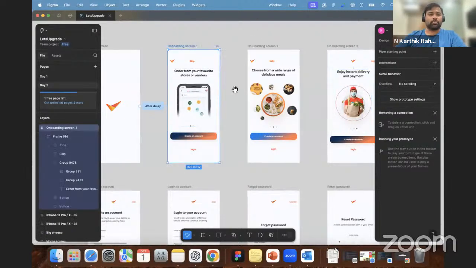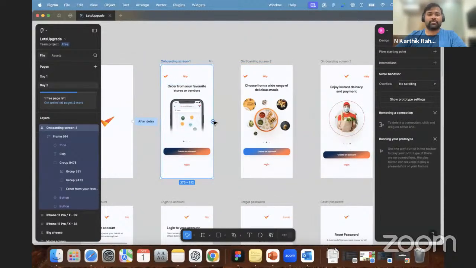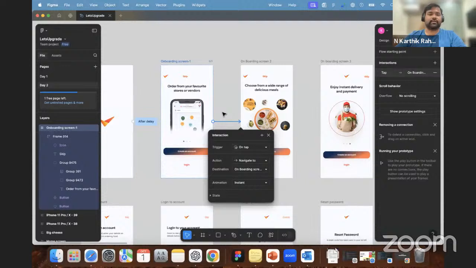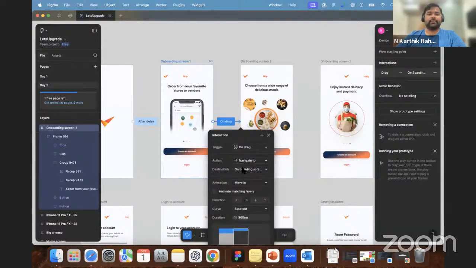Okay. So from onboarding screen 1 to onboarding screen 2, whenever you click on this plus option in the prototype mode, click on this plus option to move it to the second screen. Now, instead of on tap, we are not tapping it, we are dragging it. So you need to click on drag and you need to click on the direction in which you want to drag. This is the direction level. Suppose I want to drag it to the left. It will show up here. Once you add the direction,